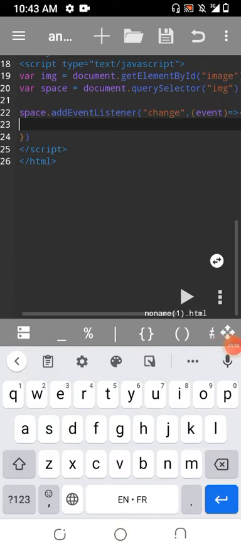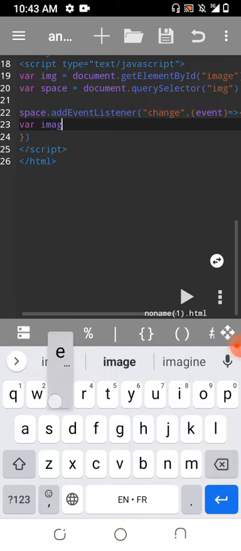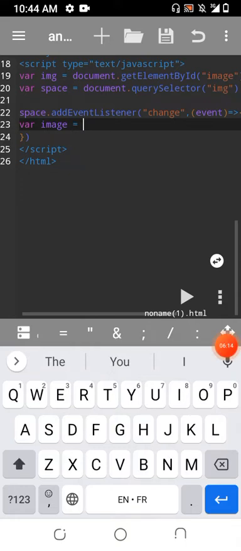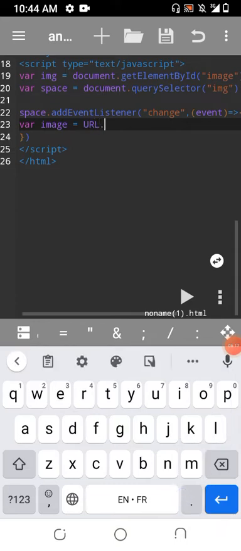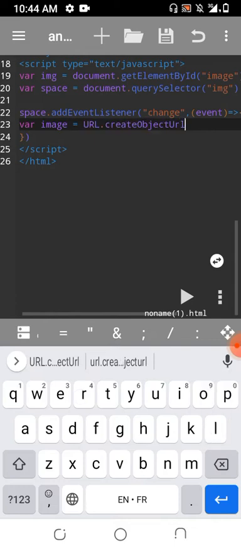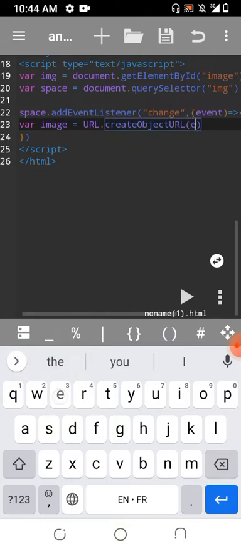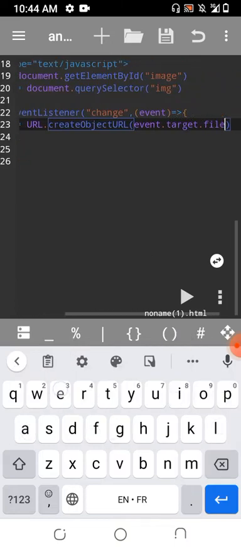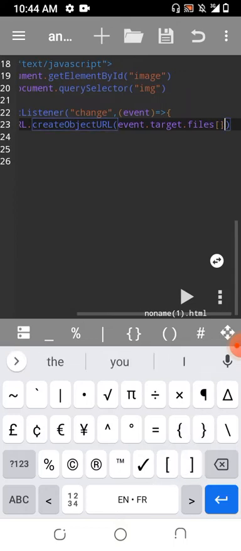And to do this, first of all, we have to create a variable. I'm going to call it image, since it's getting the selected image, and it will be equal to URL.createObjectURL, and we're going to pass in event.target.files at index of 0, since you want to grab the first file that has been